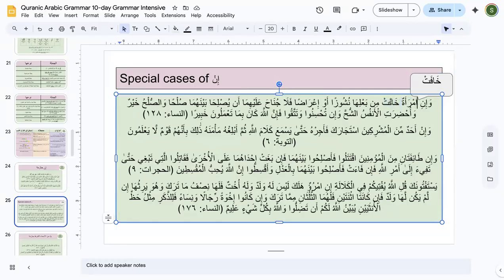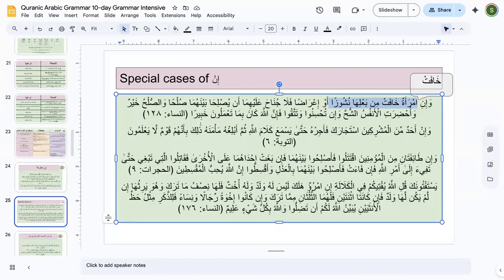Will you treat this one as jumla ismiya? Imra'atun mubtada', khafat min ba'liha nushuzan. Can you treat it as jumla ismiya? And I will ask my students not to type. Please let other students type. Those who are either not in the class or are not in our advanced sessions, I want them to type.